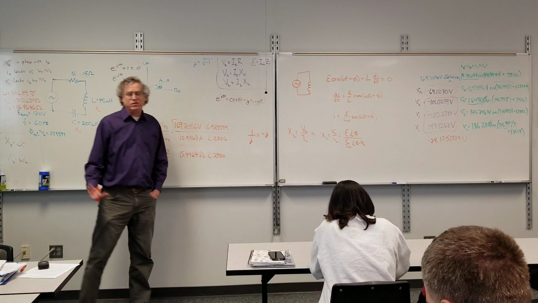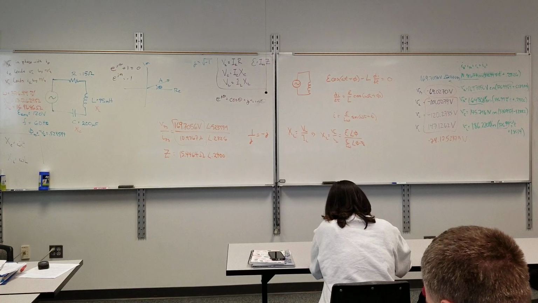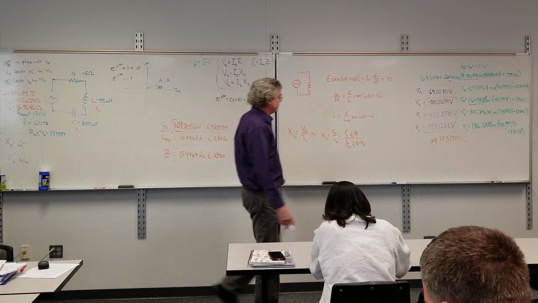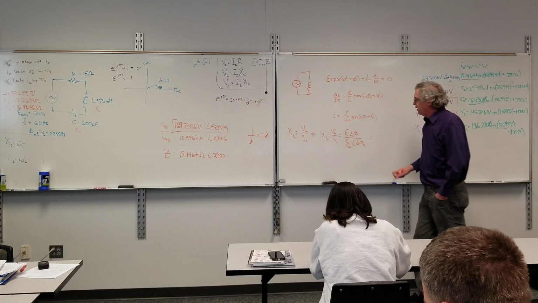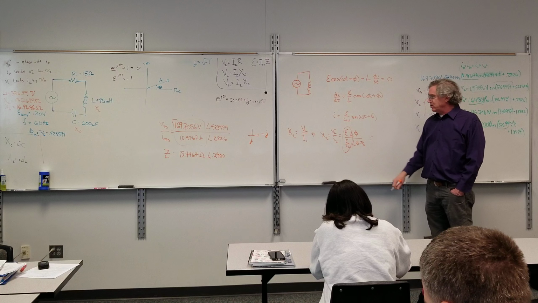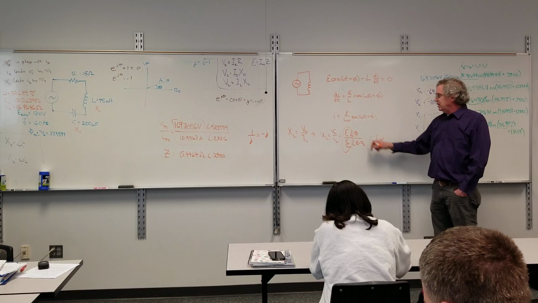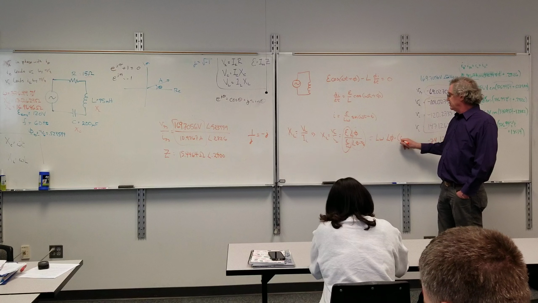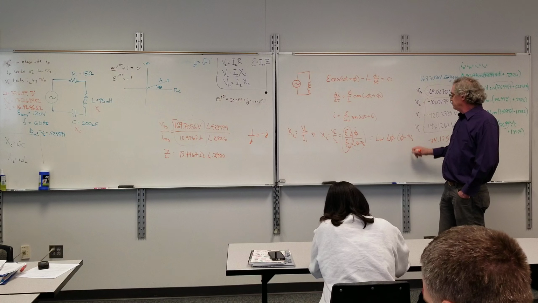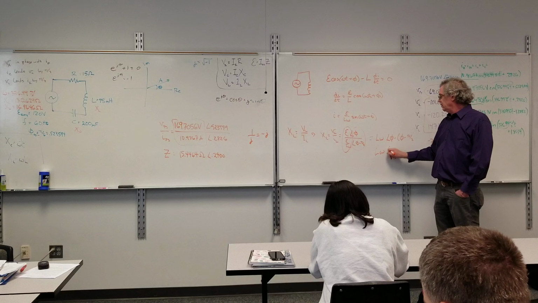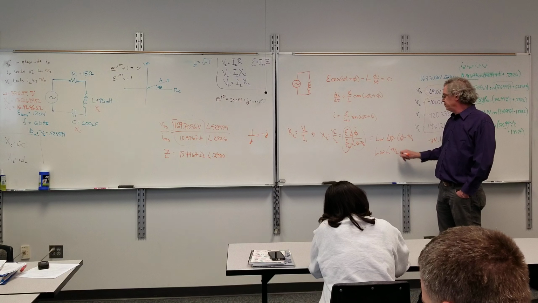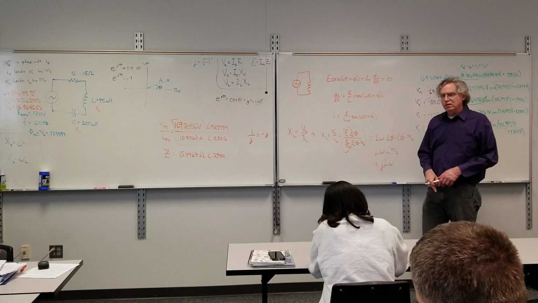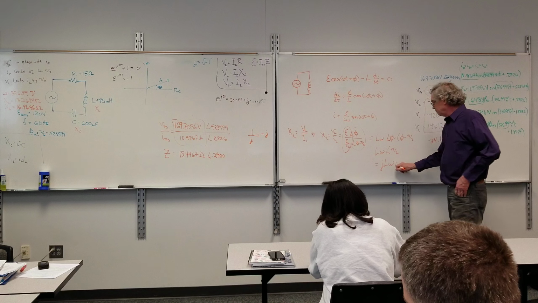So whatever the phase of the voltage across the inductor is, I know that for the current it is going to lag by pi over 2. If I do that, I get L omega with an angle of pi over 2, which is just J L omega, or J